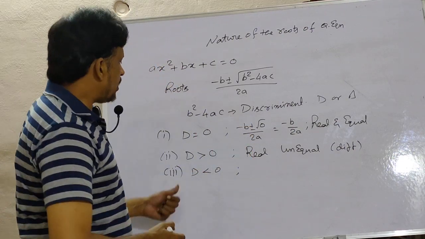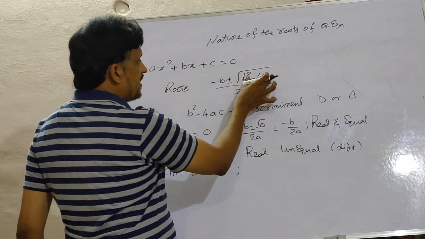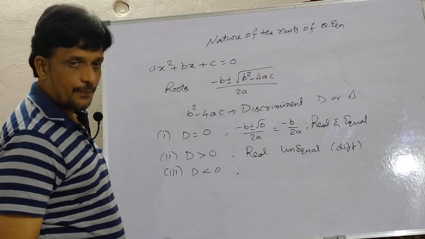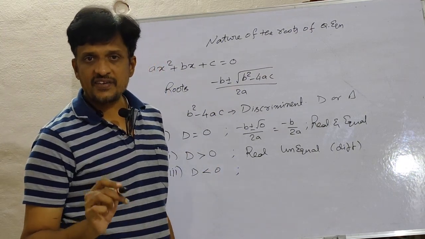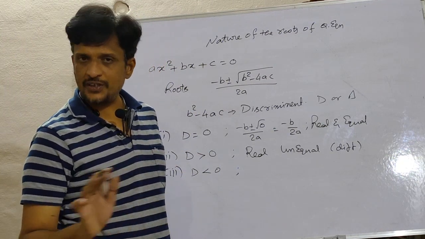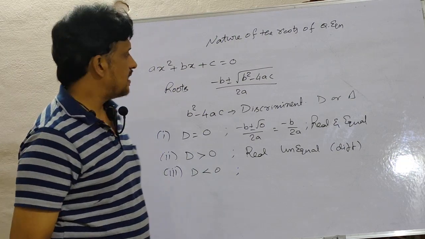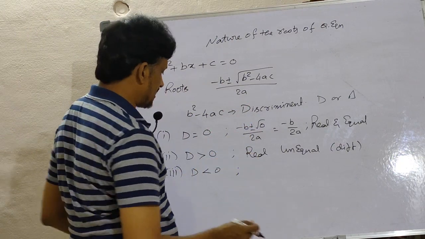Then the value which is less than 0 means it is negative here. So this discriminant is negative means under the square root you are getting a negative number. But remember one thing, in the real number system, square root is defined only for non-negative values. Root 0 is defined, the square root of any positive number exists. But the square root is defined only for non-negative numbers in the real number system.